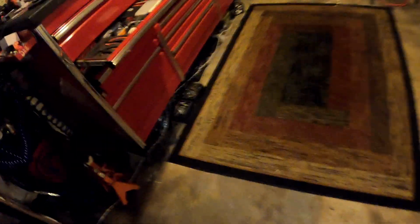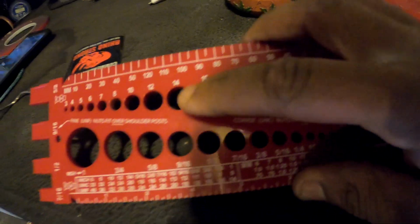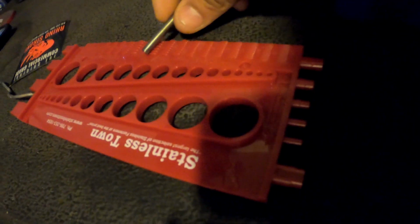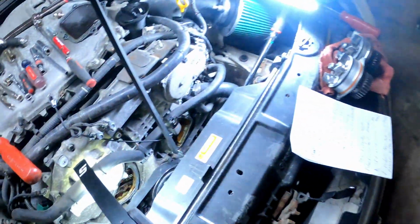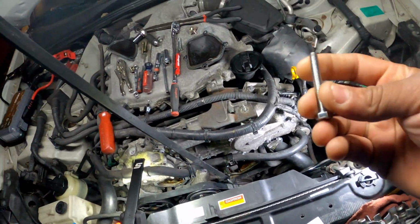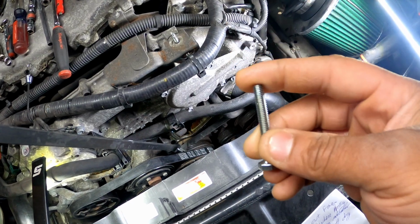All right, so I'm gonna show y'all real quick. If y'all don't know how to measure a bolt, if y'all got something like this, it'll tell you your measurements, you know, M6, and then it'll tell you your length, and it also will tell you the pitch of the bolt. Because it has to be the same exact thread pitch in order for it to go into these holes. I gave y'all a little further in-depth look at how to measure a bolt in a different video, but just know that it's an M6 by 1.0